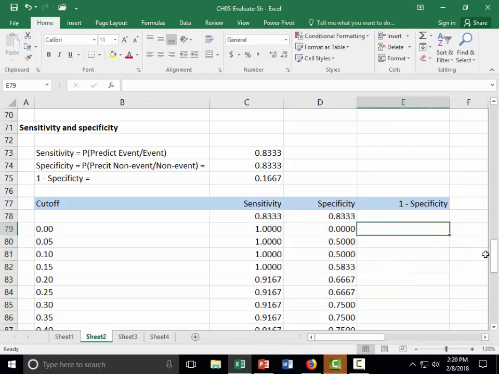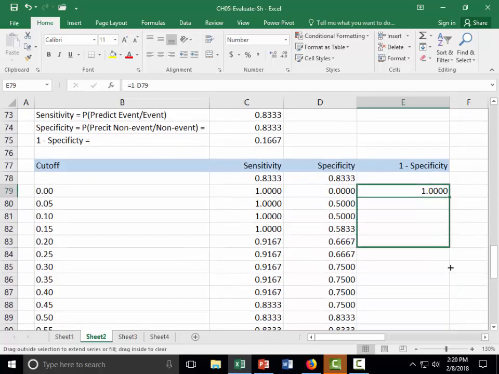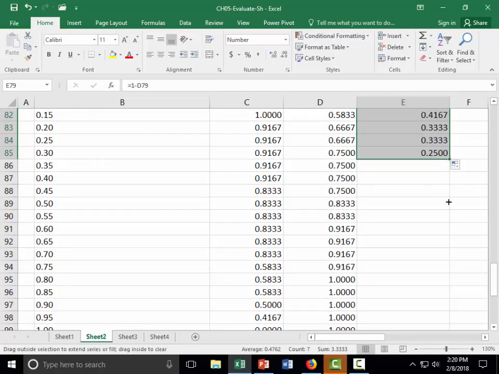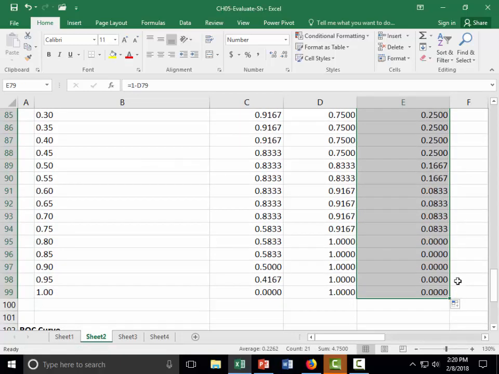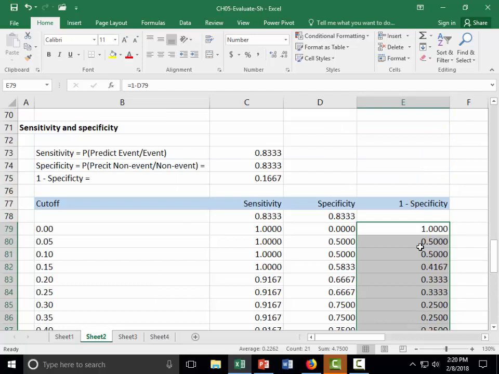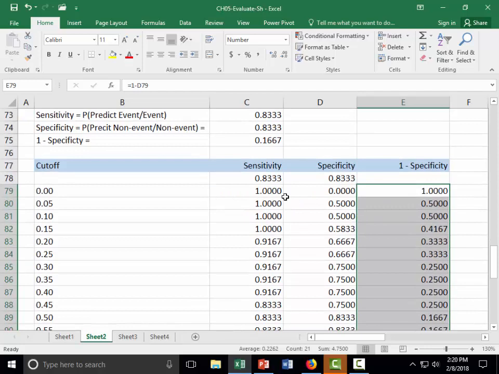So and then 1 minus specificity, okay, so now